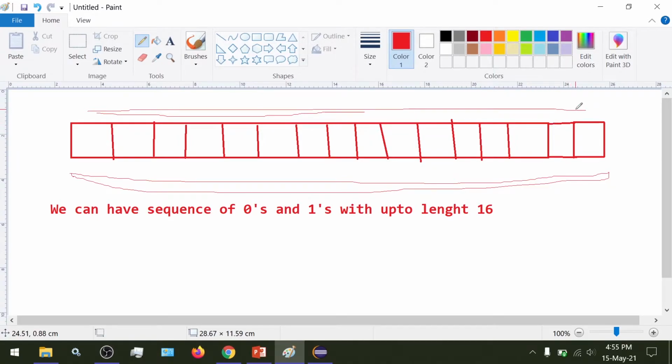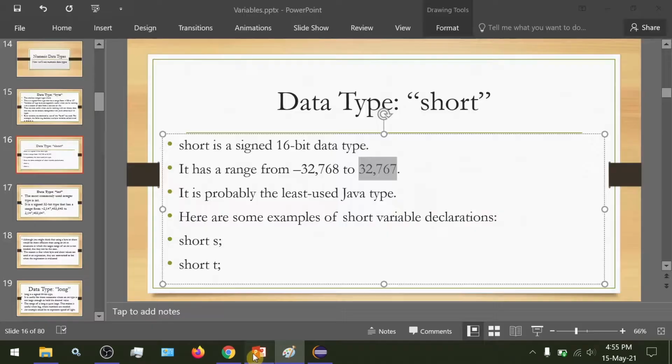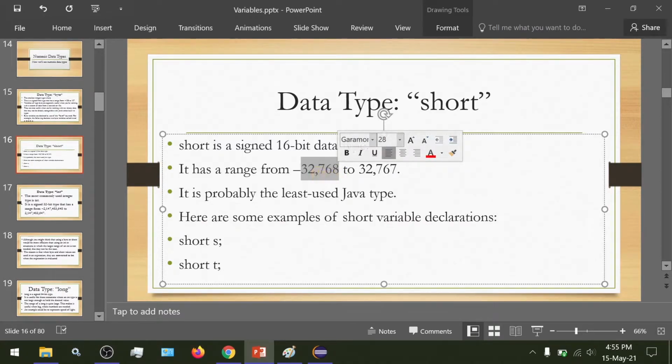So in 16 bits, we can represent the numbers from negative 32,768 to positive 32,767. The bit count of these numbers is under 16 bits, and if we try to represent any number more than this, we would get an error, because the length of the bits needed would cross 16.